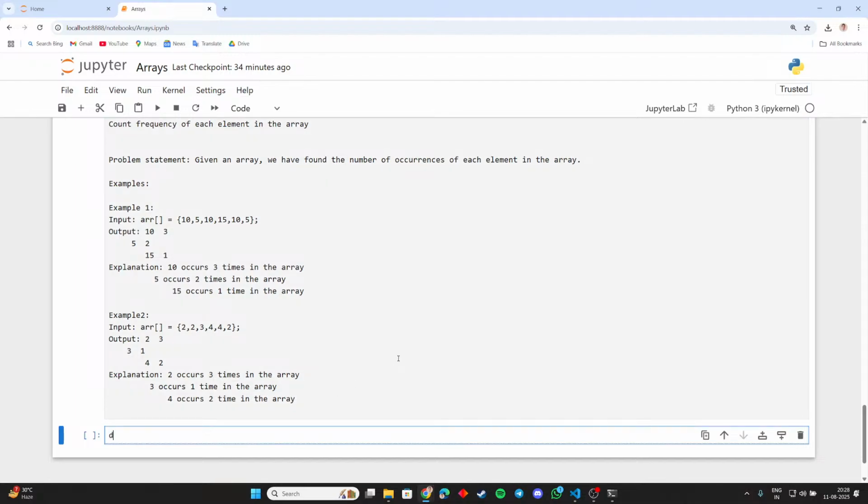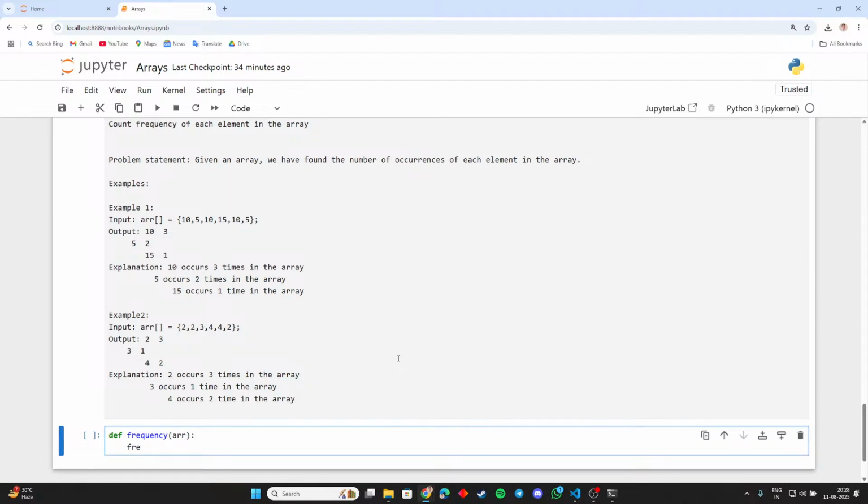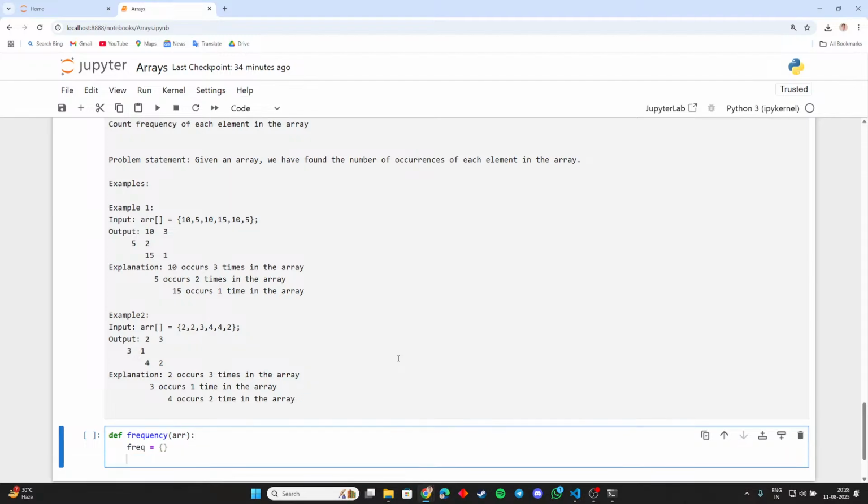So let's use a function, def freq. We are going to use the concept of a dictionary in this. So suppose freq, ARR. Now let's define a freq variable. Freq is equal to an empty dictionary. For i in range of len ARR, if ARR of i